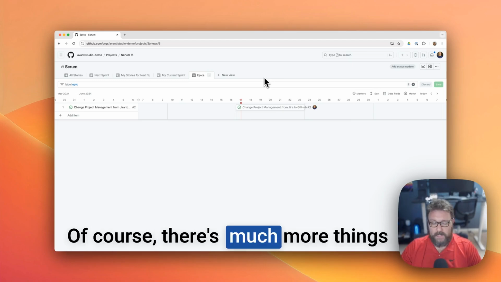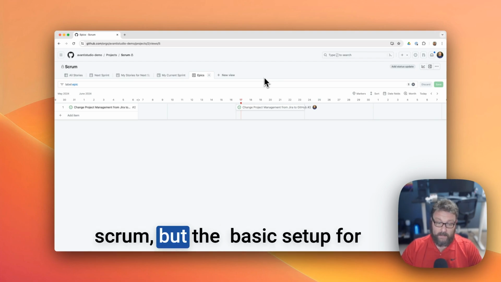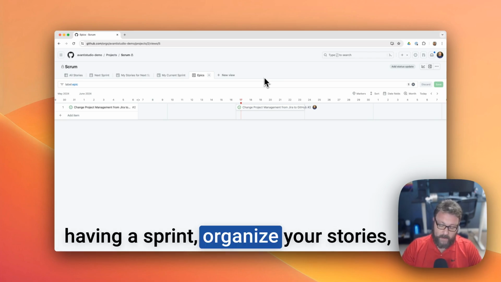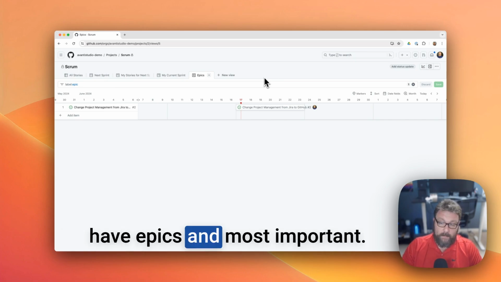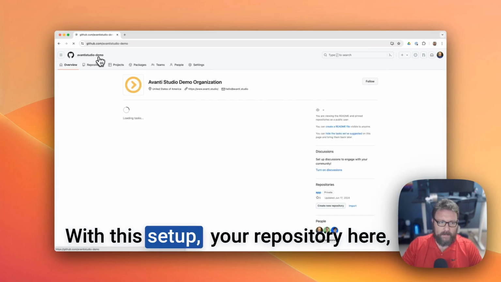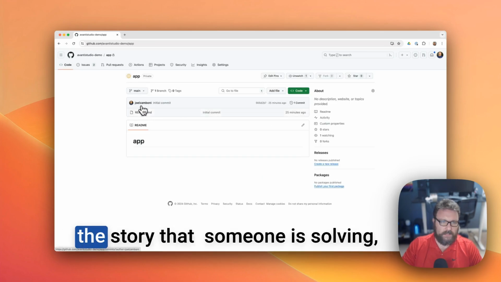Of course, there are many more things that we need to run a complete Scrum, but the basic setup for having a sprint, organizing your stories, having epics, and most important, with this setup, your repository here, the story that someone